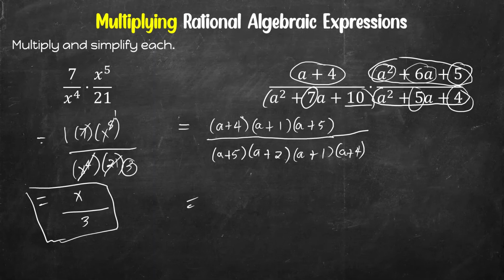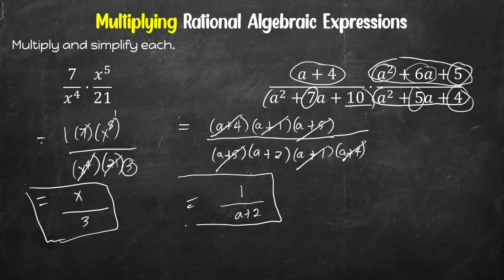So, A plus 4, may A plus 4 doon. Si A plus 1, may A plus 1 doon. Si A plus 5, may A plus 5 doon. Walang natira sa numerator, automatic, 1 yon kapag walang natira. Over A plus 2. Ayan, so that will be our final answer. We may now proceed on